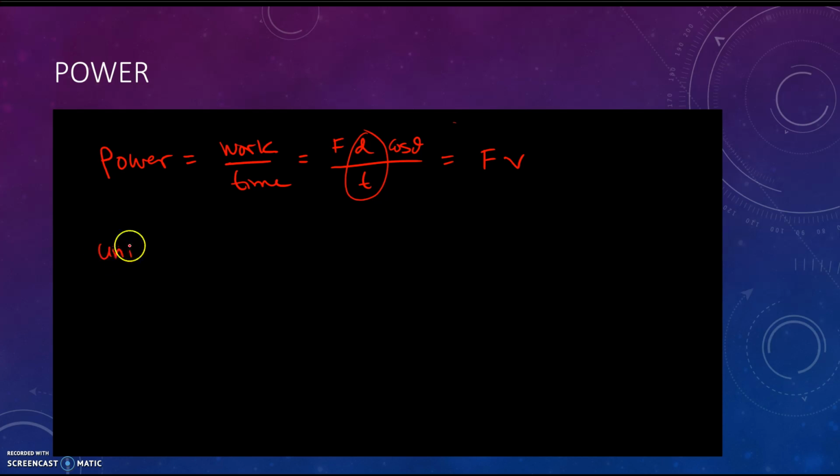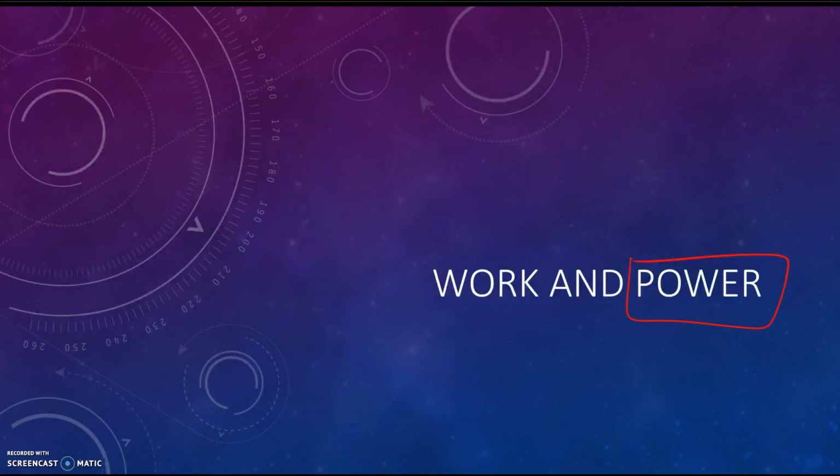The units of power, okay, so units of power, a joule per second, which is the SI units of work and time, corresponds to a watt, and we abbreviate a watt with W. Okay, you may have also heard another unit of power is